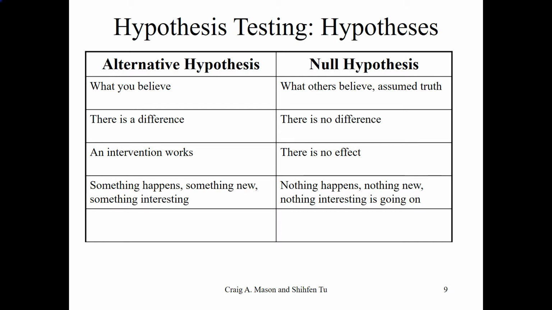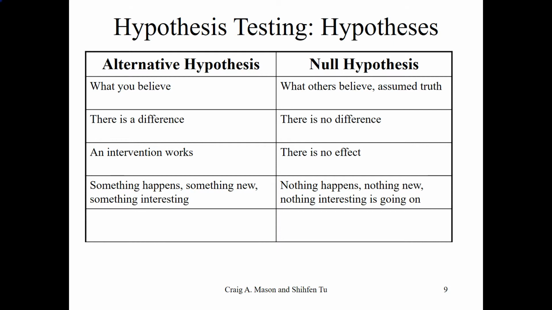The alternative hypothesis may be that there's a difference between groups or that your treatment or intervention works. An example of an alternative hypothesis may be that your math program leads to higher math scores in middle school students. The other part is the null hypothesis. In a nutshell, the null hypothesis is that you're wrong. Nothing's happening. The null hypothesis may be that there is no difference between the groups you're studying, or that your treatment or intervention has no effect. An example of a null hypothesis would be that your math program has no impact on math scores for middle school students.